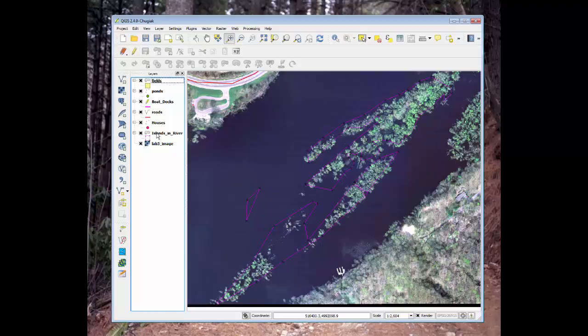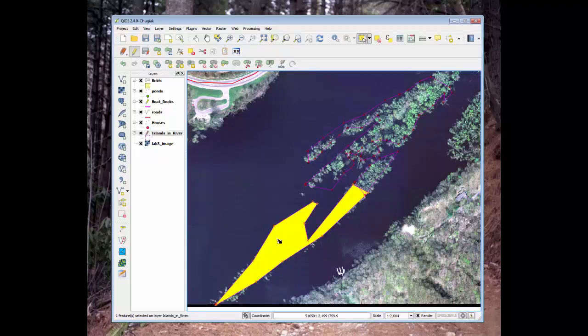So we're going to select the islands in the river, toggle the editing, and we want to start cutting or deleting or removing. So the first obvious one would be this island is totally incorrect, so we're going to select this one. So we'll select that, and we can push the delete button and remove it. Now this one needs to be subdivided, so we're going to select this polygon, and we're going to subdivide it,